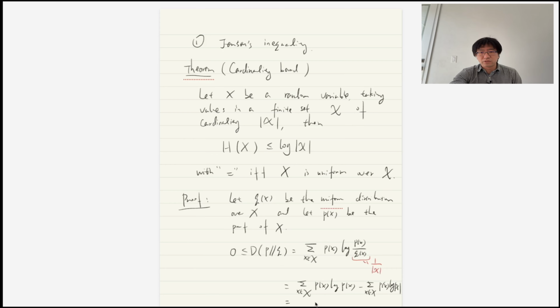The first term, with the negative sign, gives the negative entropy. For the second term, the cardinality of X is a constant, and summing P(x) over all x gives 1. Therefore the second term will be just